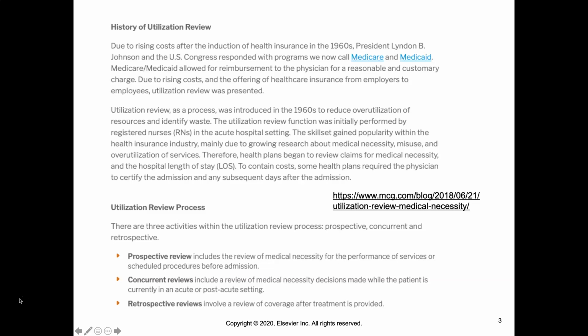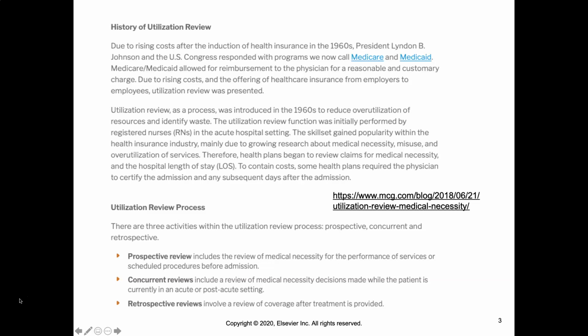Initially, they used registered nurses or RNs in the acute hospital setting to do utilization review. However, over time, there has been more learned about medical necessity, misuse, overutilization of hospital services. And so health plans have also begun utilization review programs. Sometimes they have nurses, sometimes they have other professionals. And they look at medical necessity, hospital length of stay, how to contain costs, alternative procedures, all those types of things. And so you see it not only on the hospital side, but you see it on the